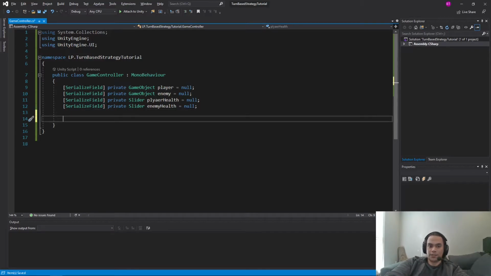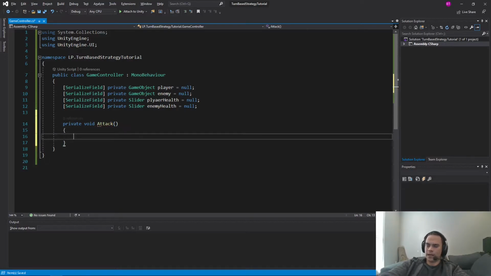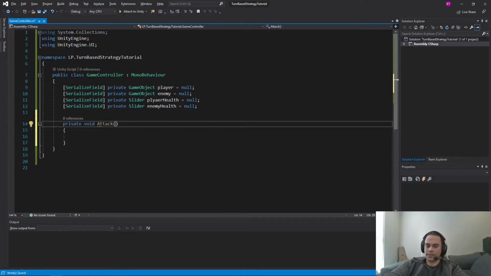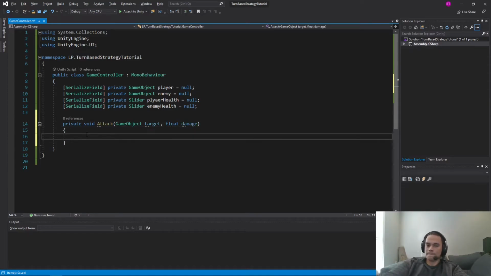Okay, so let's save that, and then let's switch back over to Visual Studio, and we're going to make an attack function. So this is how we're going to take damage, right? So let's do private void Attack. And actually, we're going to take a couple parameters here. So we want to know who we're going to attack, right? So we want the target, and then how much damage we're going to do. So let's do damage, okay? So we want to know